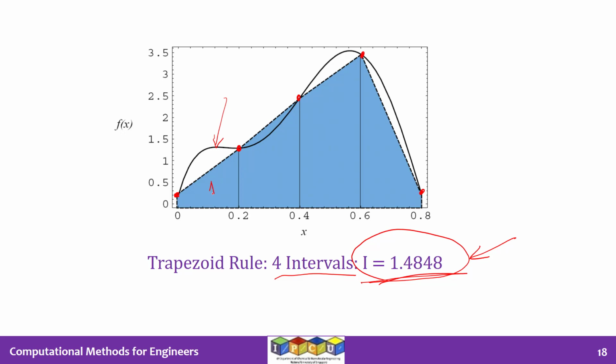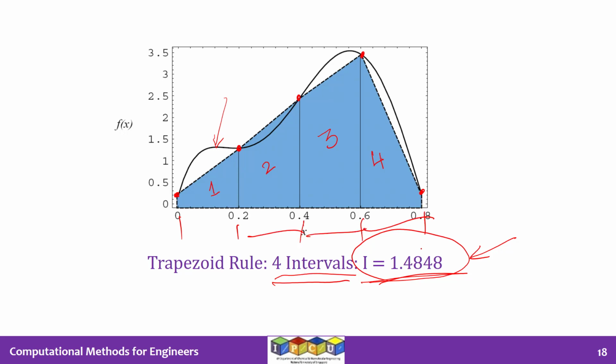So we have one trapezium, the second trapezium, the third trapezium, the fourth trapezium. So we apply the trapezoidal rule to each of those four trapeziums and add it up. And then we have a grand formula for the trapezoidal rule for this. This is what we were talking about in the previous slide, four intervals. Basically, this is one interval, this is the second interval, this is the third interval, this is the fourth interval,